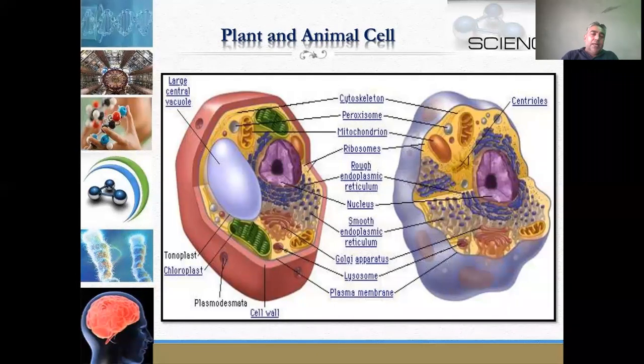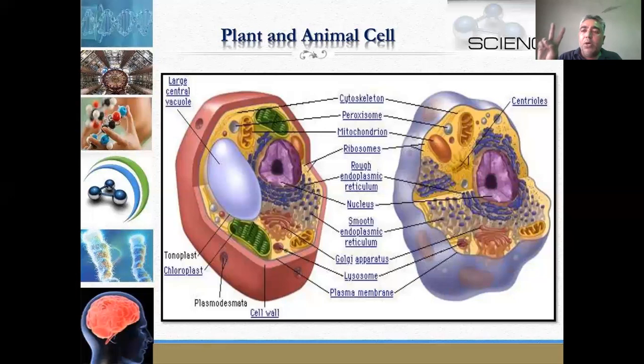Now you can take another topic, that is mitosis and meiosis. There are two types of cell division present in the plant cell and animal cell. One is mitosis. In mitosis, it is called the equational cell division. This point you may note. Mitosis is the equational cell division and meiosis is the reductional cell division.